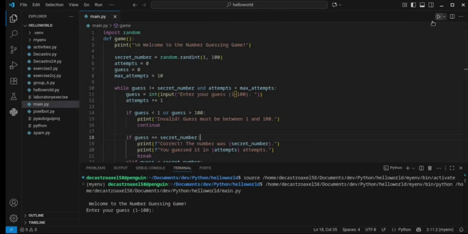So now let's go for the demonstration of the game. As you can see, the welcome to the player has been printed: welcome to the number guessing game. At the bottom, we see enter your guess, so we enter our guess. For example, we input 45 and the